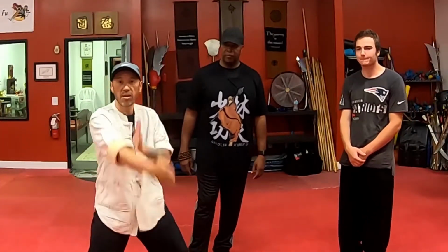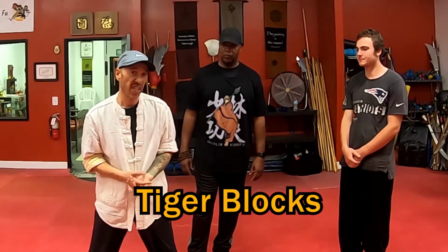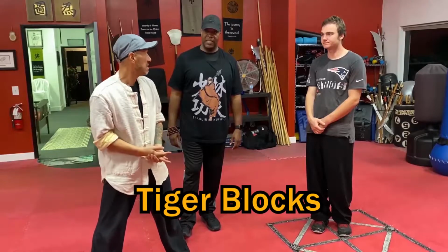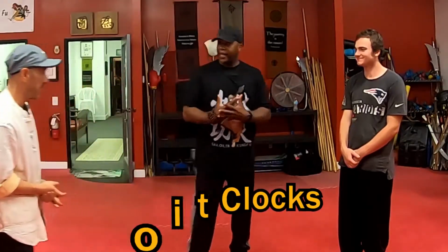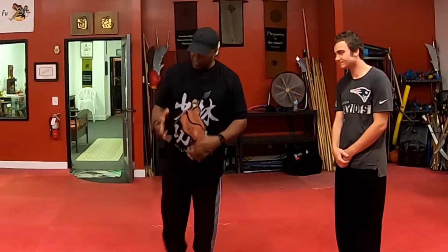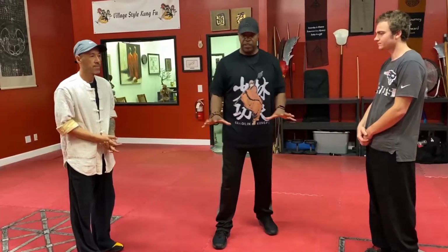Next zoo jungle animal is called the tiger blocking. Tiger blocking are fast and furious. Yes. I saw number 3 of that. So I like the tiger blocking. When we use tiger blocking, we really focus on, and I would tell people to get a good tiger, maybe